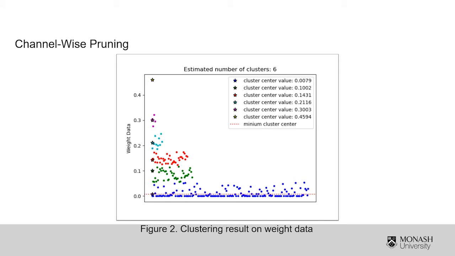In the above steps, our approach generates the mean-shift clusters. Next, it selects the permed channel by using the minimum value among all cluster centers. The weight value smaller than the minimum cluster center's value will be permed out. In the perming phase, our approach will perm the channel by removing all their incoming and outgoing connections and the